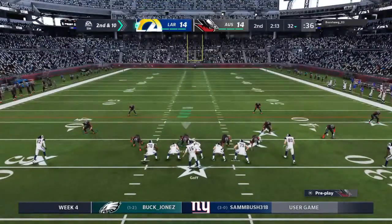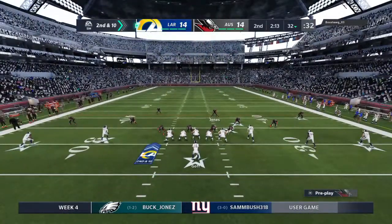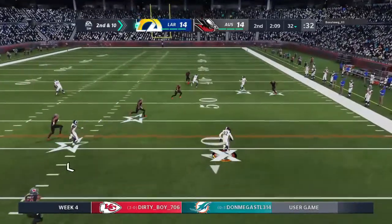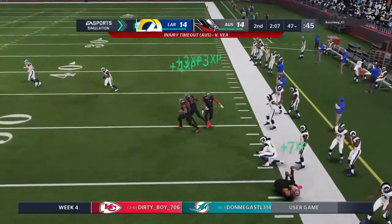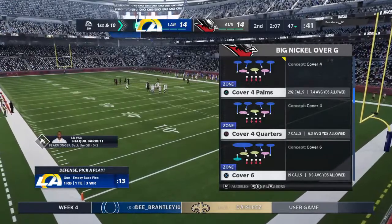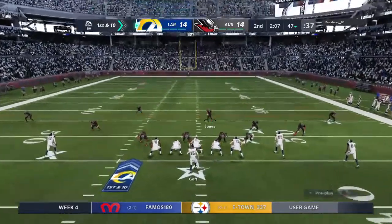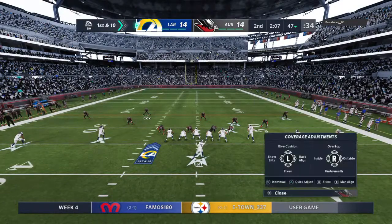An incomplete pass on 1st down. That leads to a 2nd and 10. From the gun, here's Goff. And they'll go back to Hopkins, and this time he's got it. And he slips up past the 45 before being tackled. 15 yards on the play, 1st down. Good strong throw and catch right there. And so far in this game, the alleys have been open for them to get completions, and they're taking advantage